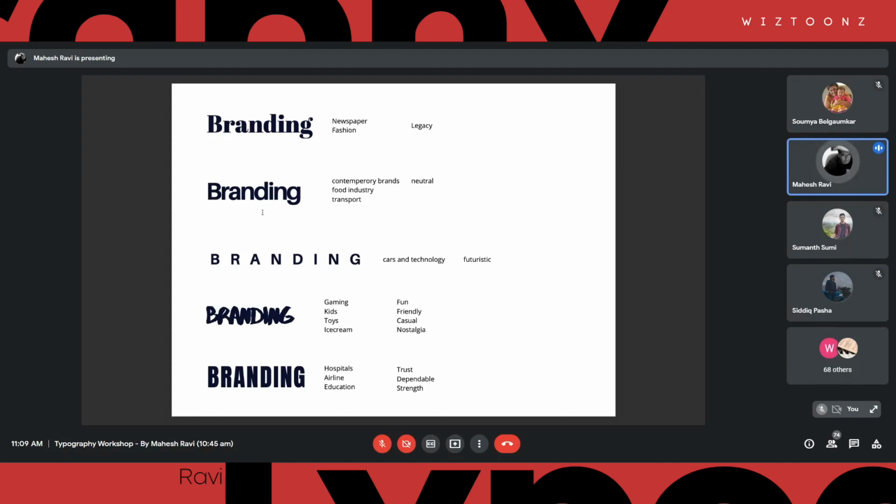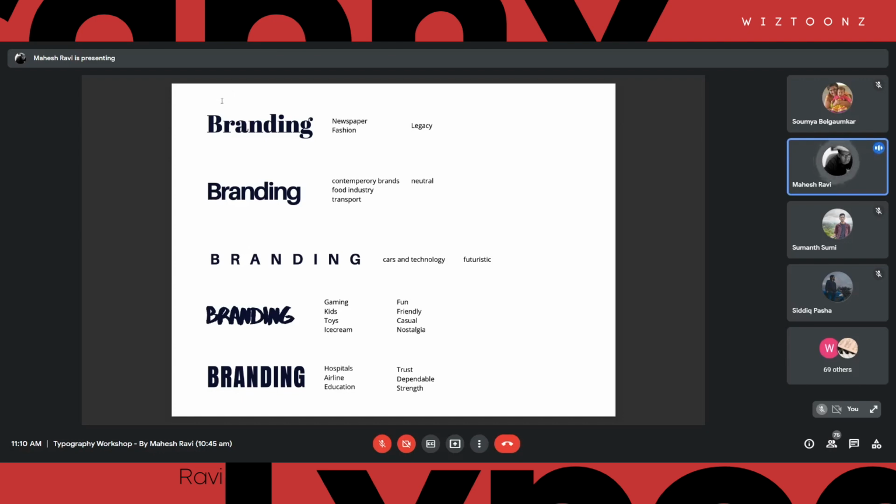But each of these words, when you're reading it or looking at it as a visual form, right? Why I put all of this as the same thing is that the word is already out of your mind. The branding is gone. Now all you have to do is find out the difference between this branding and this branding, and that is in the look of it. How does it look? How does this B differ from this B? And how do these two B's differ from this B? So you're going to look at it from an aesthetic view, like how does it look to you?